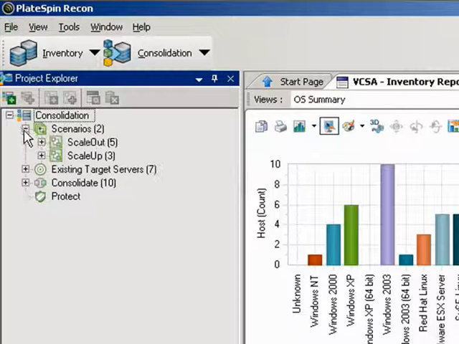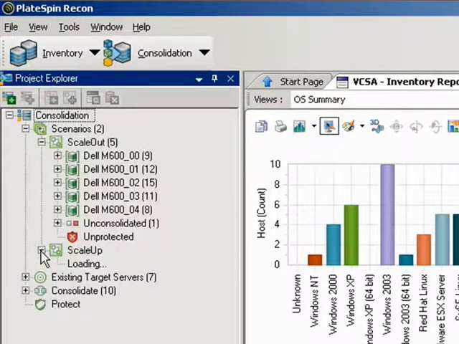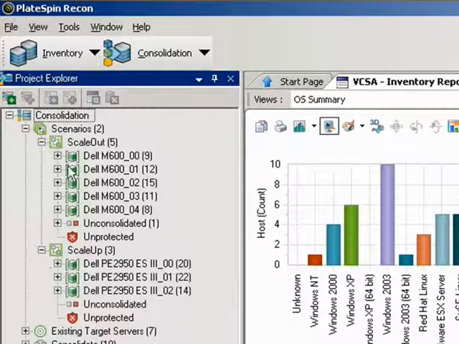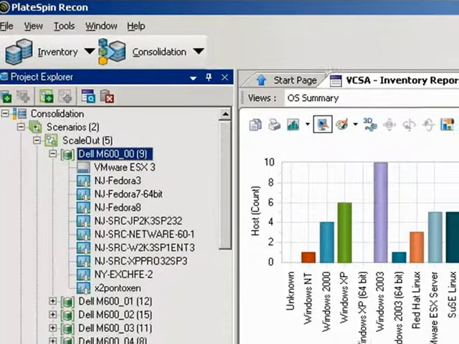Here is a sample consolidation project. You'll see that it contains both scale-out and scale-up scenarios. For the scale-out scenario onto some smaller servers, it would require 5 virtual hosts to fit the potential virtual machines. For the scale-up scenario onto some larger servers, it would require only 3 virtual hosts. For a particular would-be virtual host, in this case running VMware ESX, here is a listing of a potential breakdown of virtual machines. If we click on this host and look at the chart,